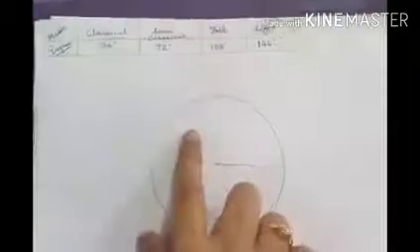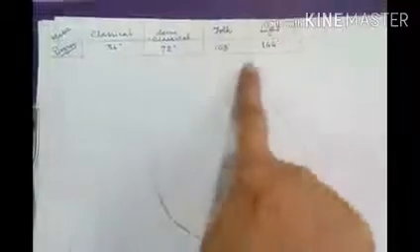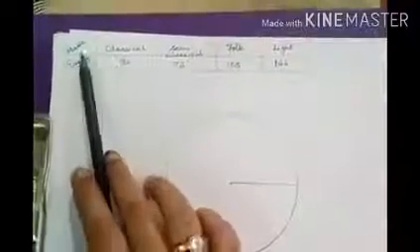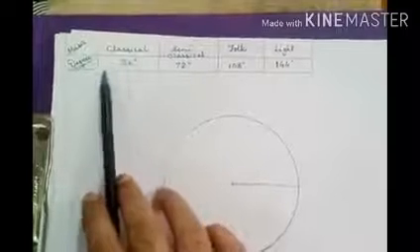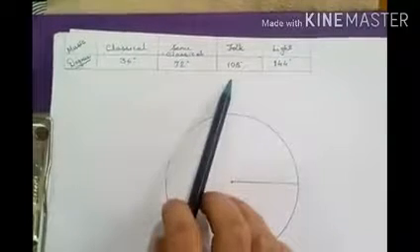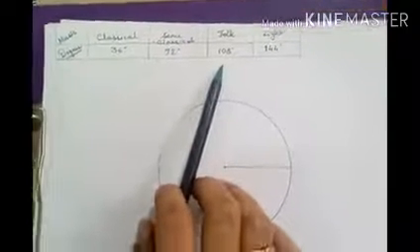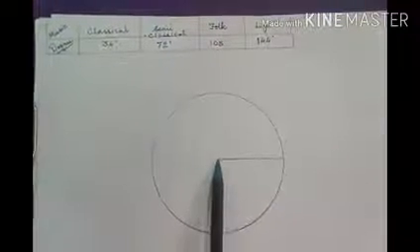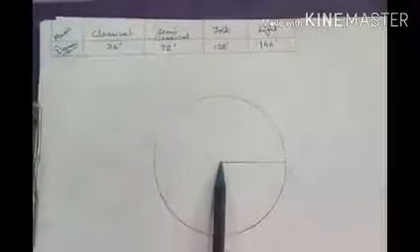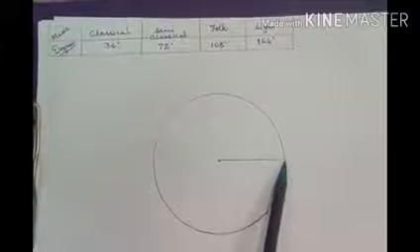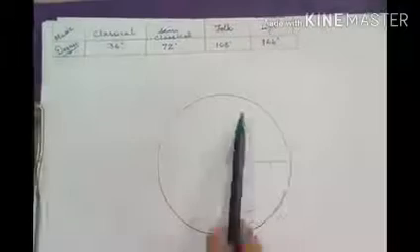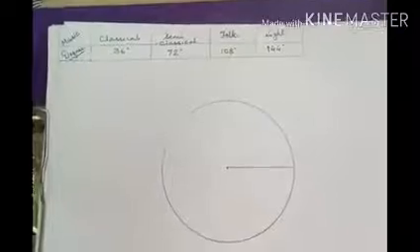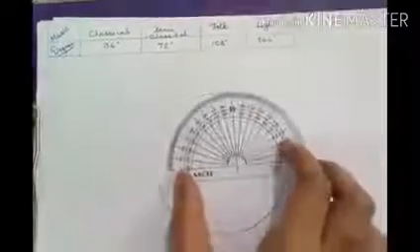The information that we just calculated, I have put it in a tabular form as a table. The first column shows the different types of music, and the degree corresponding to each particular music which we just calculated. To make a pie chart we need a circle. We should know its correct center, and first we'll draw a radius, any radius. Then we will take a protractor and keep it on this radius.